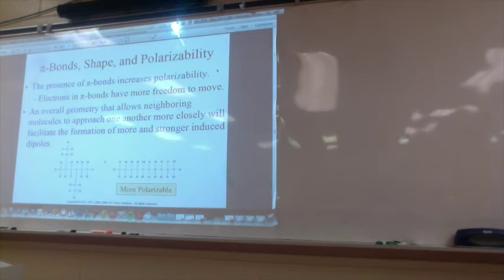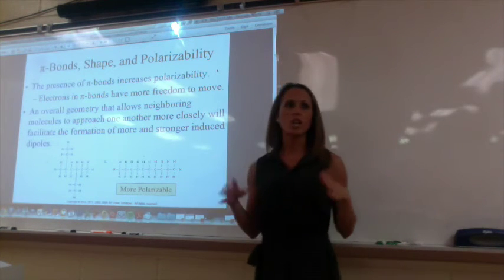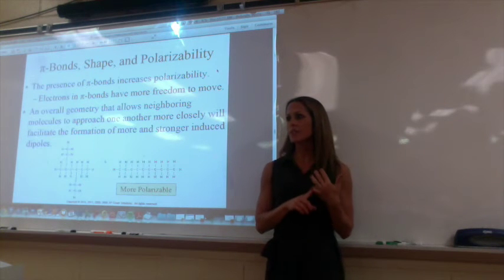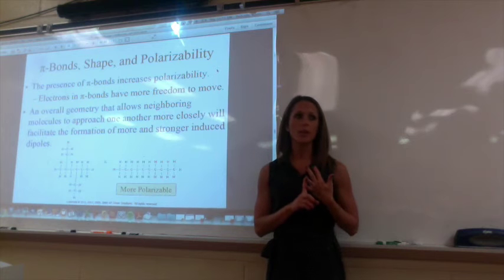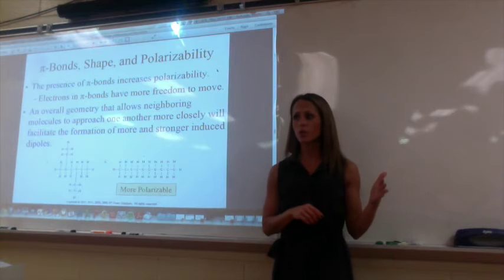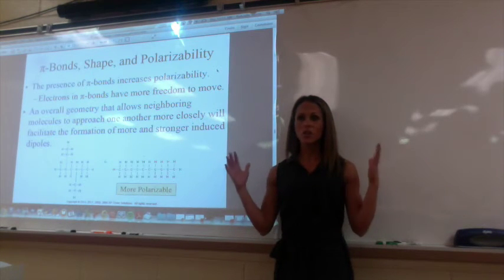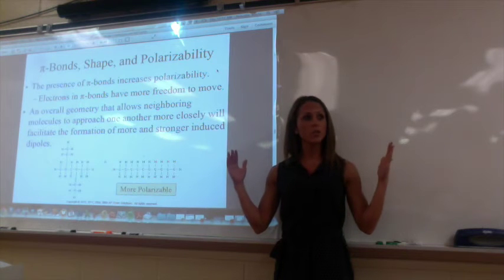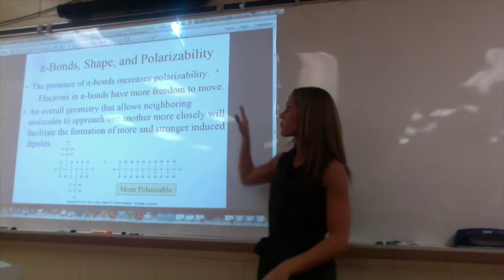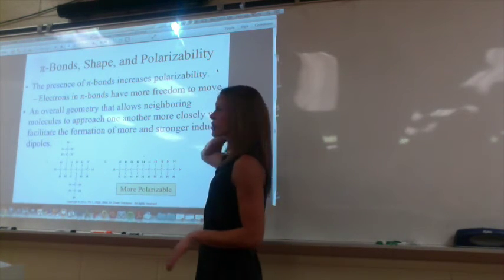All right, pi bonds, shape and polarizability. All of this, when you look at molecules, you really are checking first if it's ionic or covalent, and then you're checking to see if it's polar covalent or non-polar covalent. You do that by geometry. So last test, some of you still struggled with whether or not things were polar. You need to think of it like a car. Is your car moving? Is it going to move in one direction, or do all of the pushing and pulling cancel out? So you'll also be able to determine this from geometry too, and we'll get to that, I think, in lecture 2.